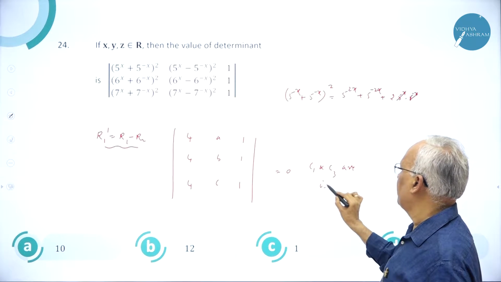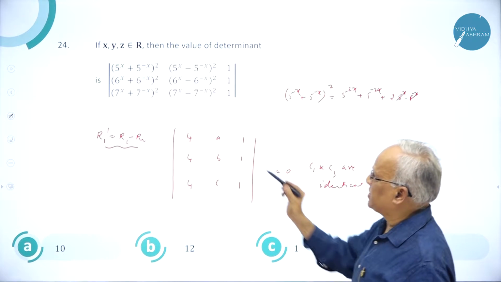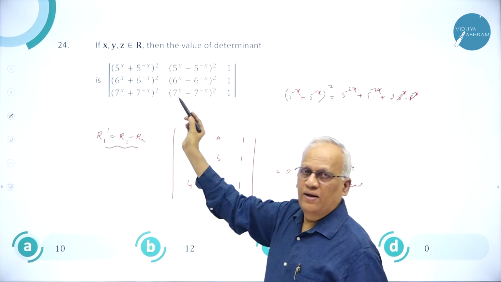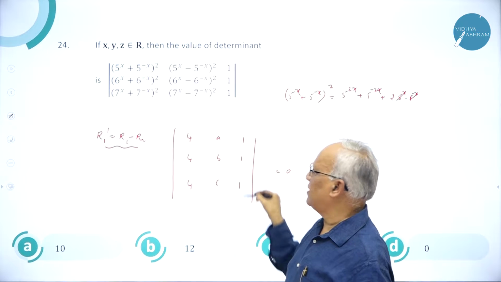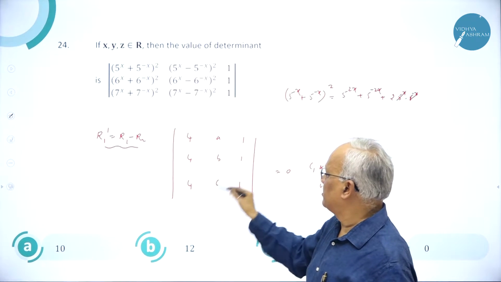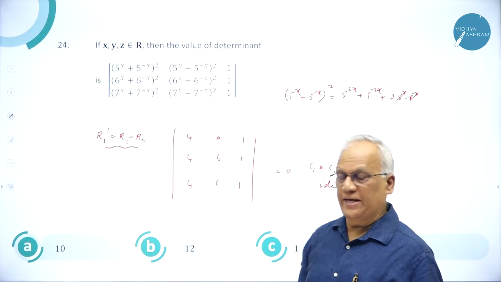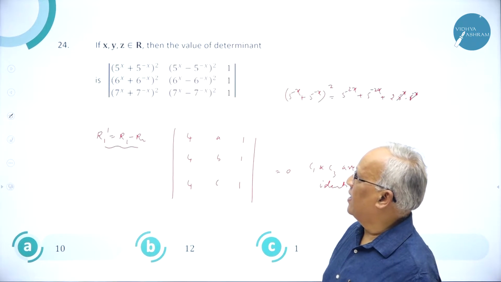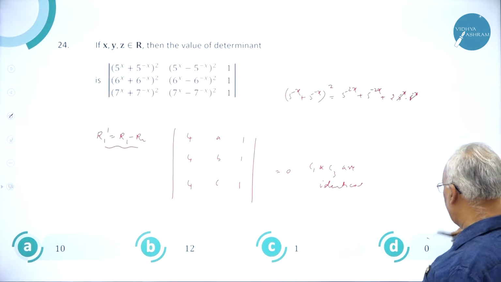The determinant is equal to 0 since C1 and C3 are identical. So with minimum working you can answer here. Don't waste time on that. It is a simple application of the identity. Okay? So two columns identical, the determinant is 0. One column is a multiple of the other. No need to take 4 outside and then see they are one and the same. So you can stop here and say the answer is 0. So 0, the answer is D.